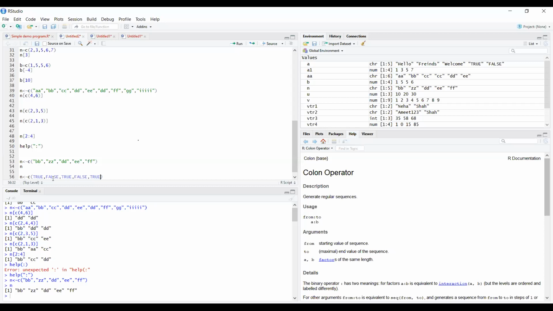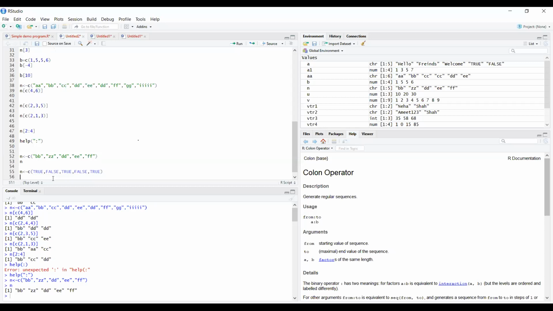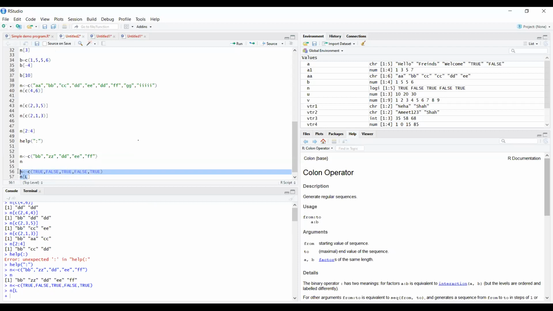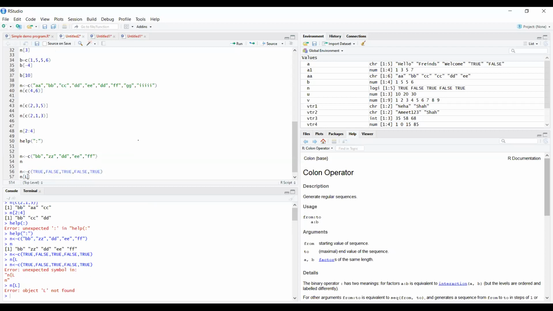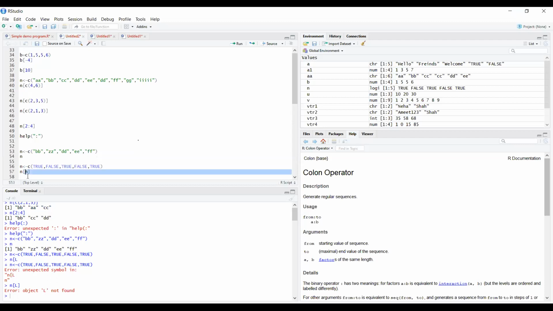And if I want to find something, I will pass l in the square bracket. Sorry, it says l is not found. Why is l not found? Because we have some problems, as we have passed n here. Suppose we take this particular point.